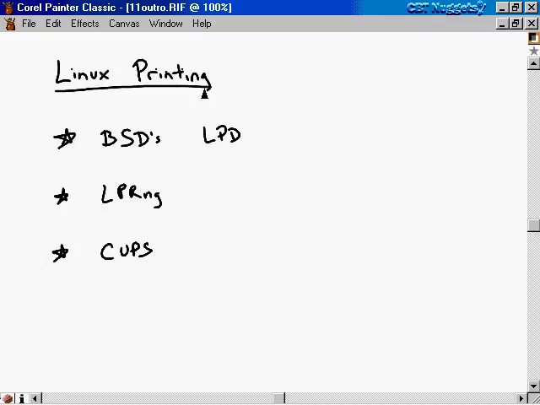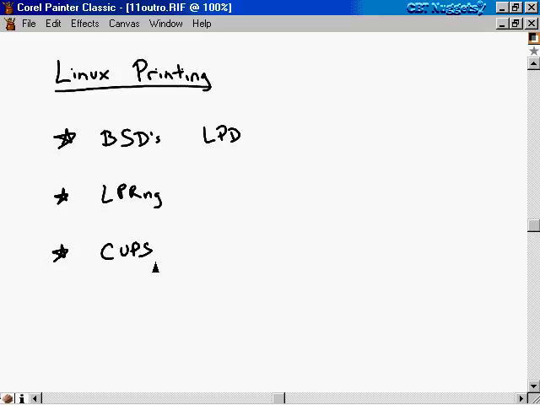All right, well, it's time to wrap up our nugget on Linux printing. We started by talking about the Berkeley Standard Distribution's line printer daemon. We talked about an important configuration file on the LPD system, namely the etc printcap file. And I showed you a couple examples of a printcap file. One was for local printing systems, and one was for remote printing systems. Then there was the LPR next generation system that came along that expanded and improved upon some of LPD's characteristics. But if you ask me, both of these systems have been supplanted in their functionality by CUPS, the common Unix